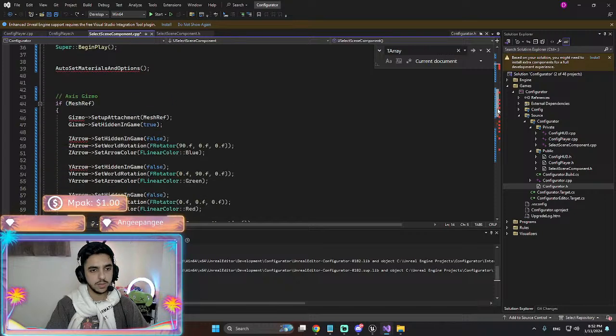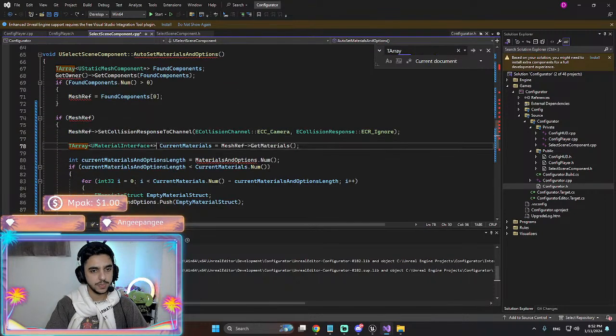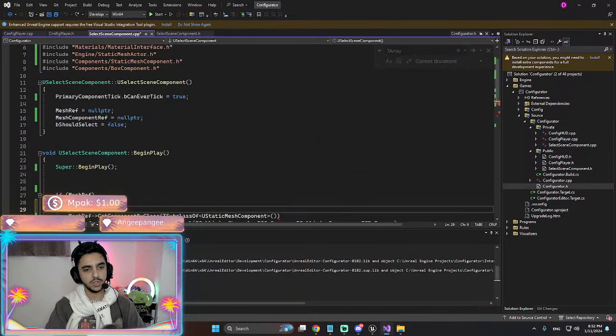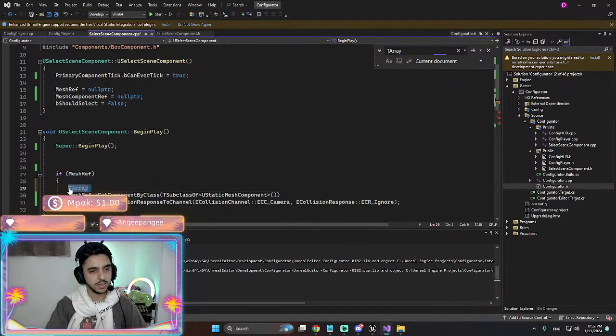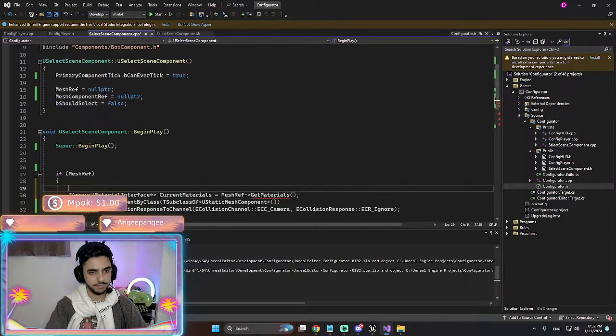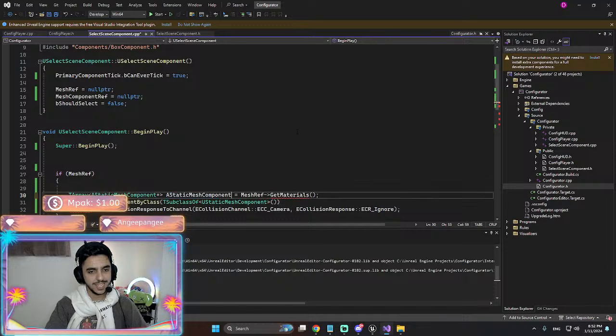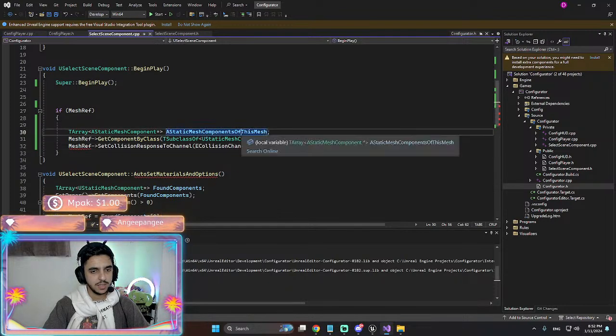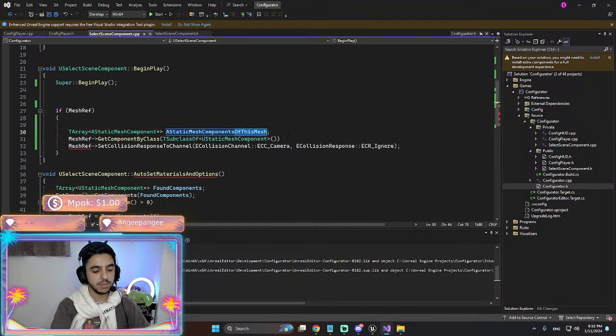Where is it? It's here. Just want to copy it and I'm gonna go back to what I had. Control Y. Okay. This is gonna be static mesh component, static mesh components of this mesh. Just like that. I'm gonna name it like that. Or I can just say temp, you know? And then we're gonna fill it up with whatever we find here.